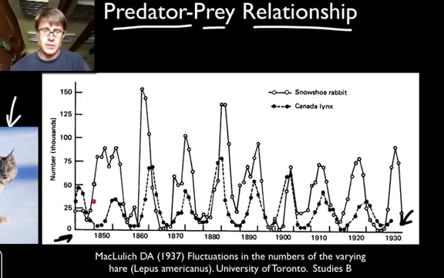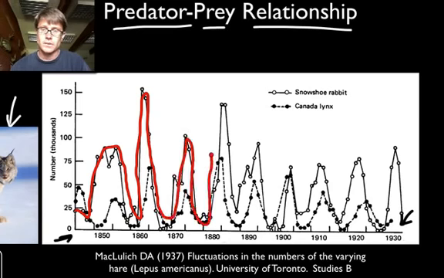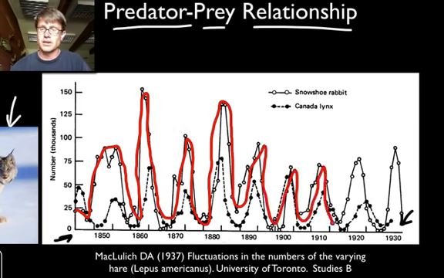And what you find is the snowshoe hare population would go up and then go down, and then it would go up and go down again. So it would cycle like that. And we see that a lot of the time, especially in populations that breed quickly, like rodents or rabbits. But what's interesting is that if you look at the snowshoe hare population,